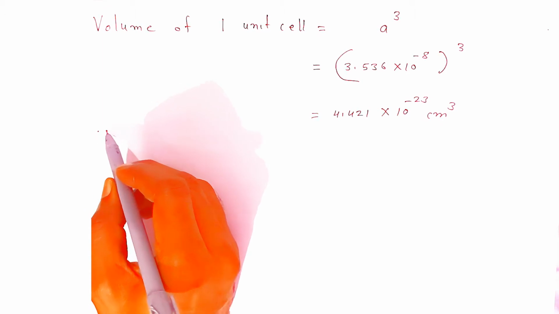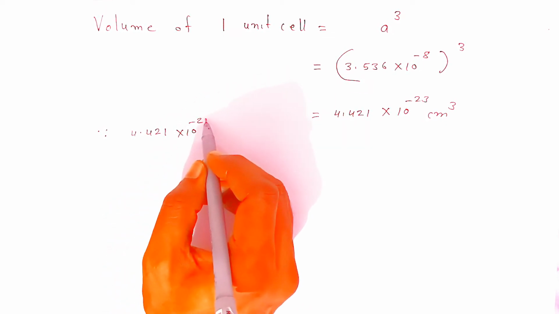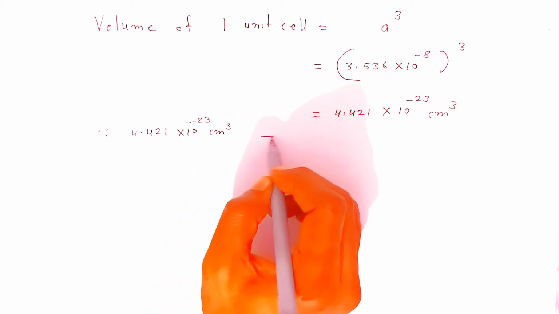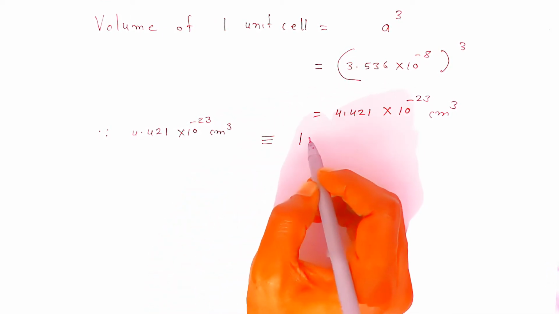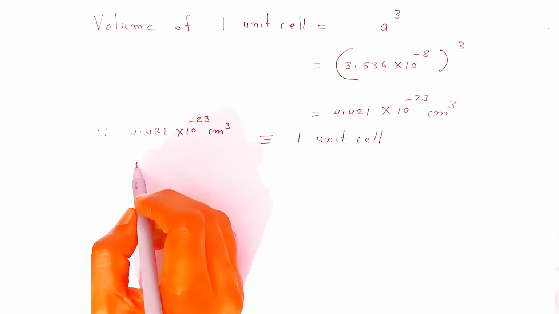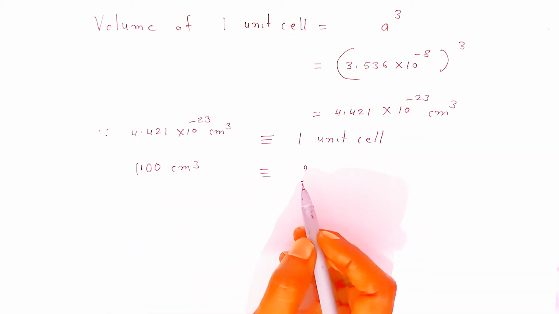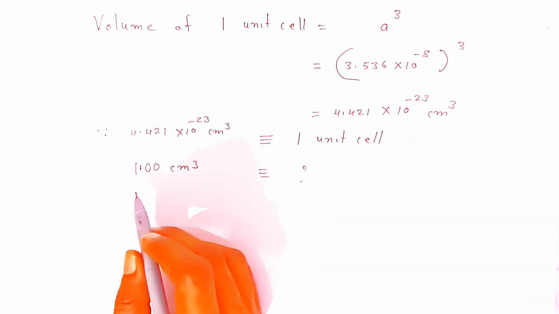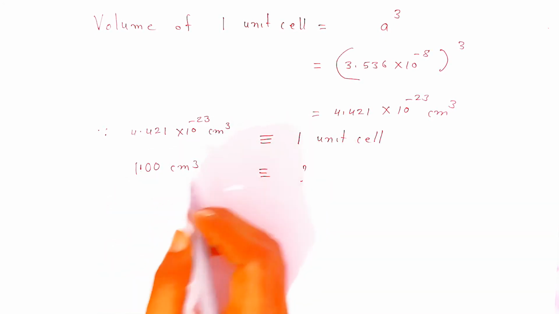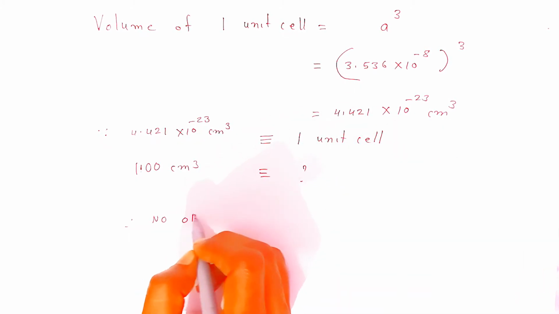Since you know 4.421 into 10 raised to minus 23 centimeter cube corresponds to 1 unit cell, this much volume gives you 1 unit cell. Therefore, in the question they have asked how many unit cells will be present in 1.00 centimeter cube. So what you have to do is cross multiply. The number of unit cells is nothing but, by cross multiplying,